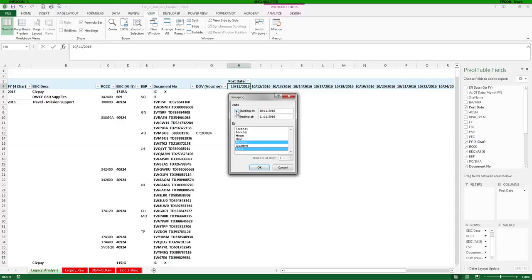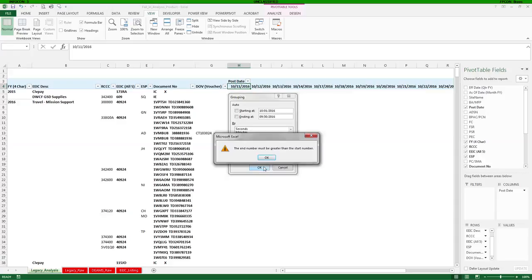So for me, what I want to make sure we do is I want to leave the starting and ending. It says auto. I'm going to start it at 10:01 and I'm going to end it at 9:30. So now we have start and end all the way across, and it will become dynamic. So now once I click OK,